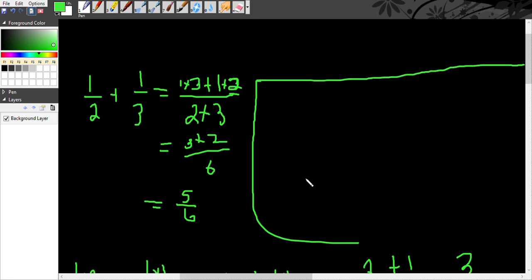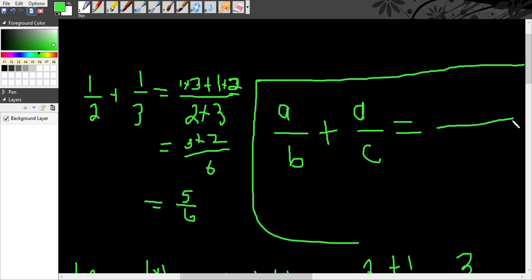So making our rule: if numerators are the same and the denominators are different, and denominators are also not divisible by one another, we can always multiply to get the lowest common multiple, LCM. We multiply the denominators, and to get our numerator we